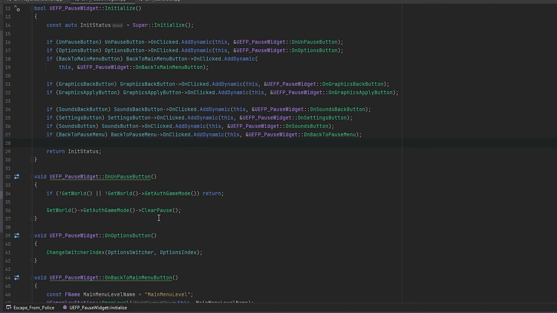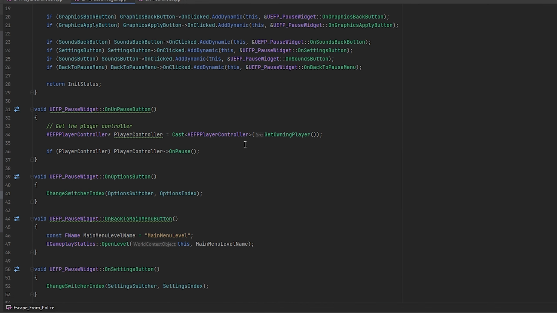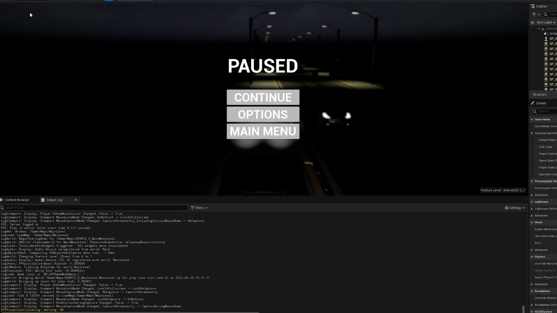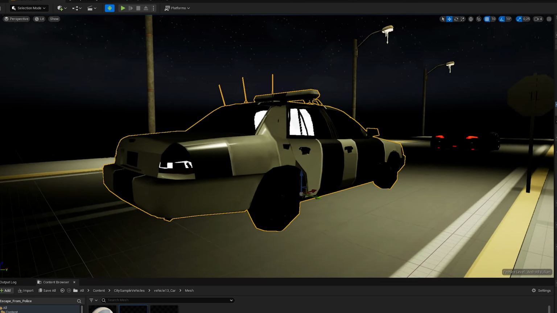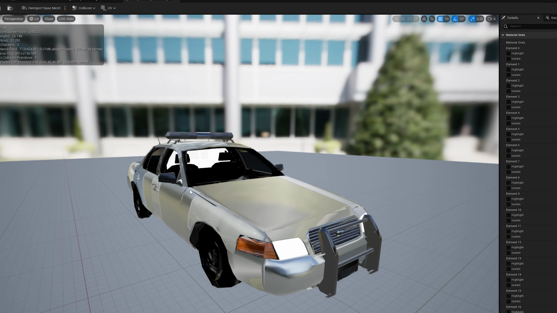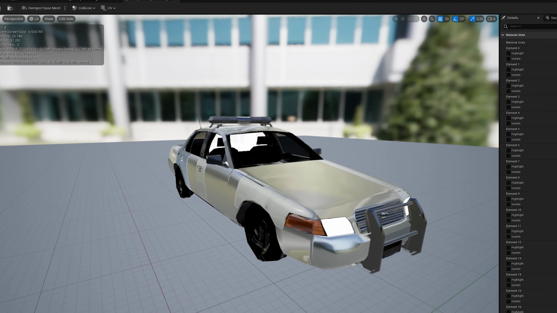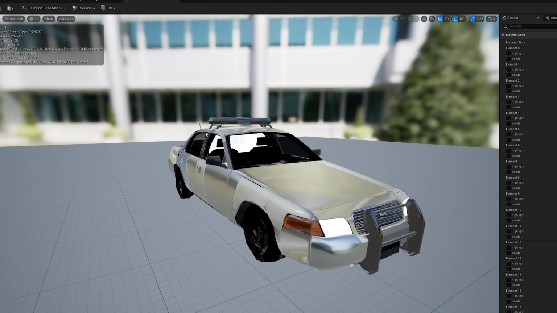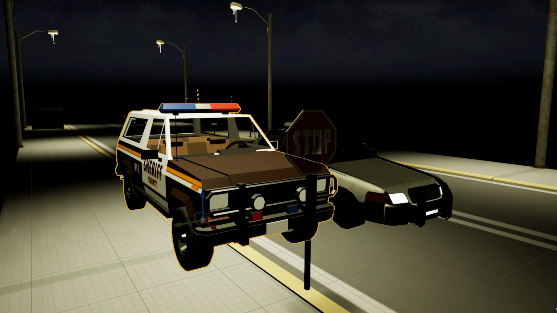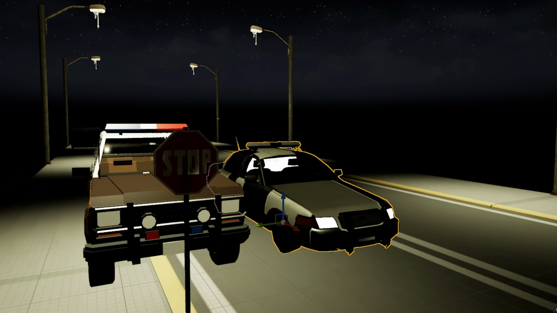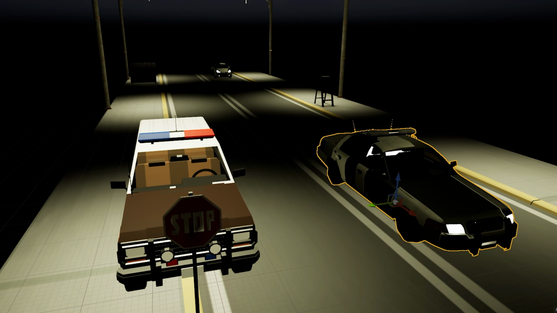The game had a lot of bugs, so I started fixing them. I won't talk about all the bugs, but there were many of them. Next, what I noticed was that the models I used for this game were somehow incorrectly displayed on the Android rendering engine. Here are examples from PC and Android.